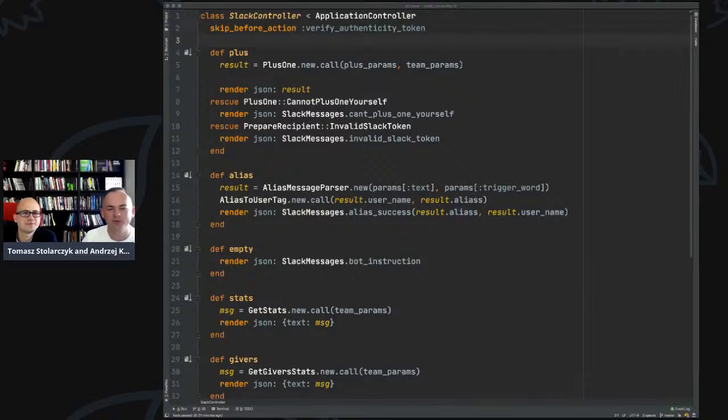And we want to review some code examples. The one that you currently see is from an application called +1. +1 is an open source application. It was developed partially internally at Arkency, but also we use it.